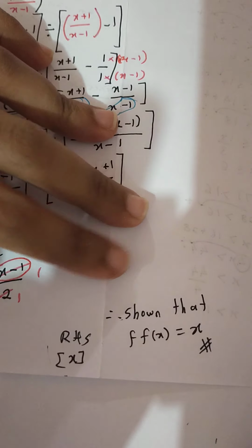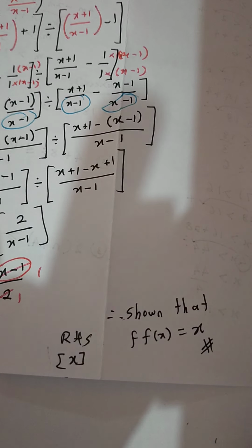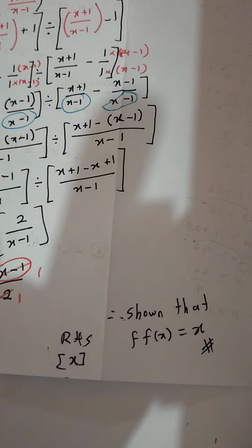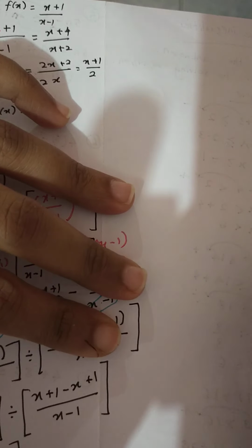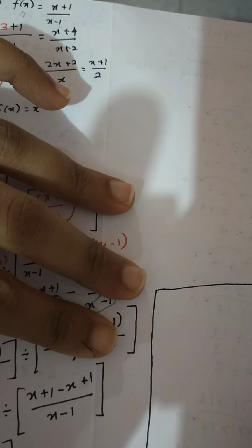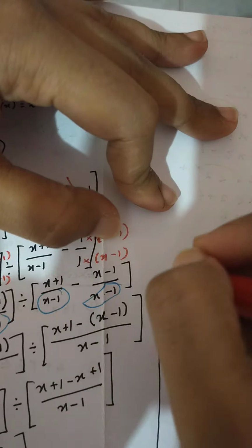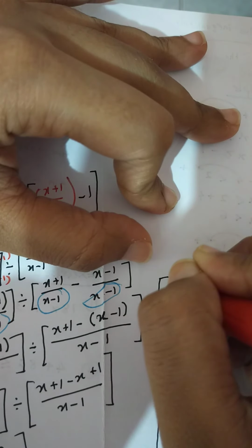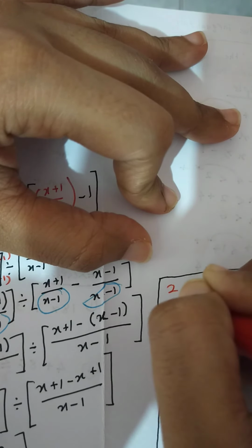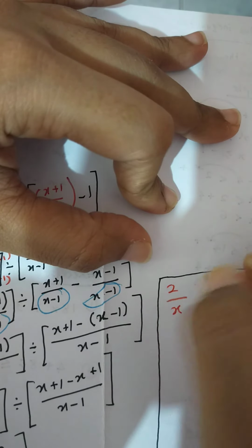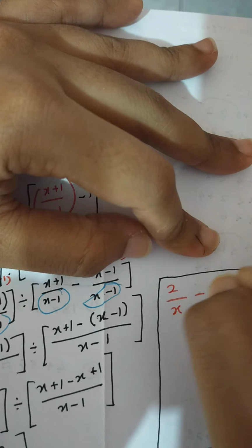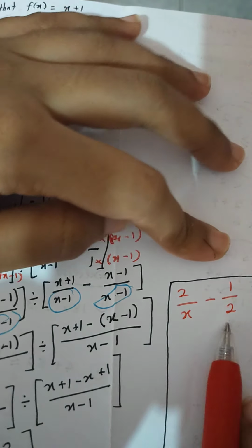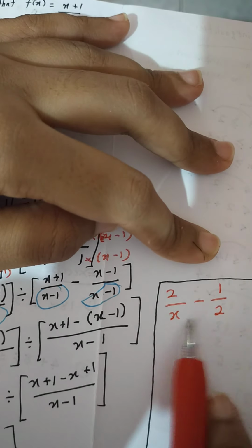Okay. I just want to show you. I think you are stuck at the fraction. Okay, let me show you how to solve a fraction. Next, so you have 2 over x minus 1 over 2. Okay, if you want to solve this one, you cannot solve it because you have to change,